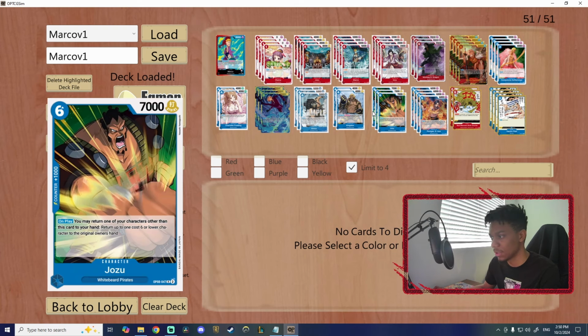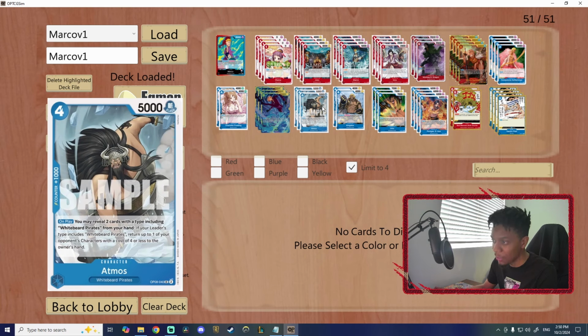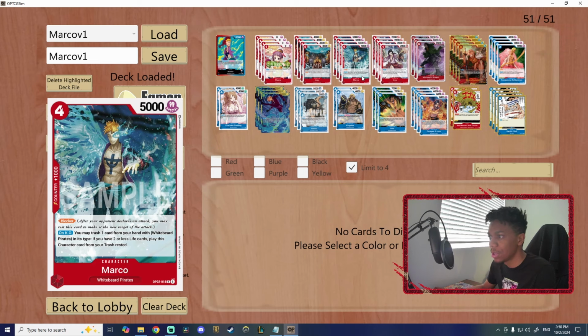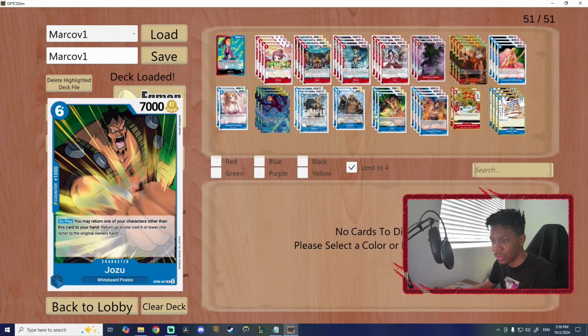Makes sense? Makes sense. We're running 5-cost Ace because he is able to cheat out an Atmos. He's able to cheat out Marco. Screw it, Jozu, Kingdu, Izo as well. And we're okay with doing that because we have Jozu. Jozu is a very strong card, especially in the black matchups. He can bounce Sabos, he can bounce Lucci, just having an avenue